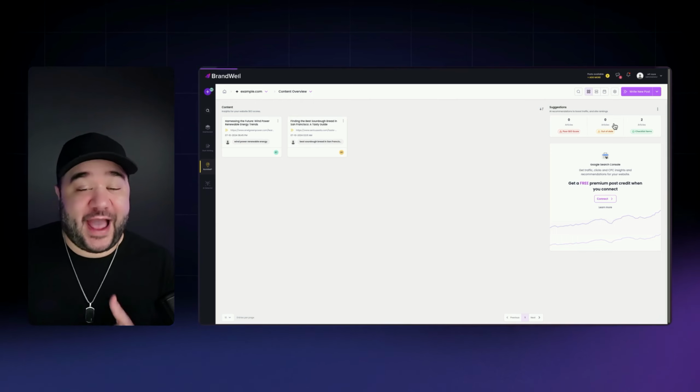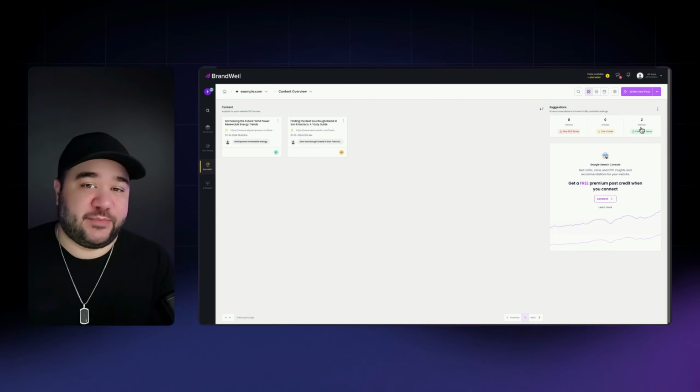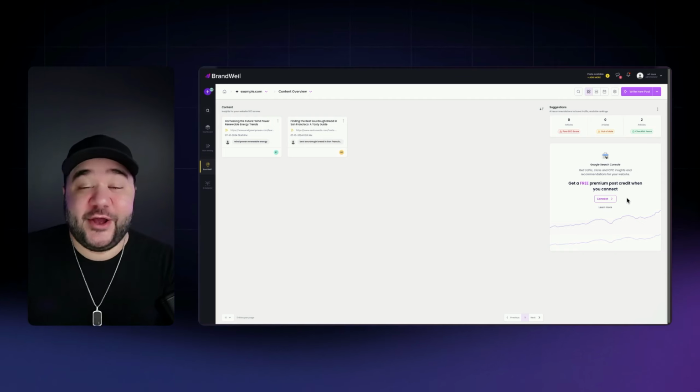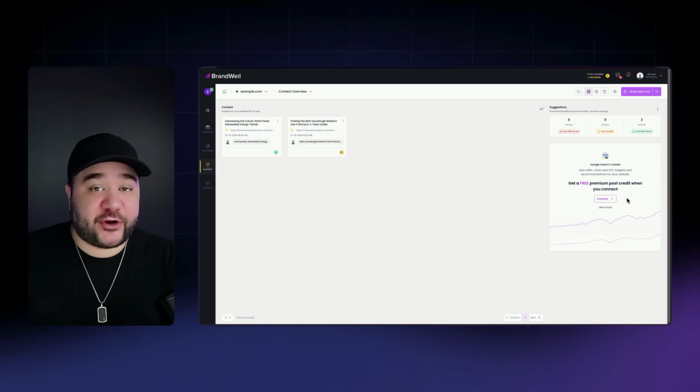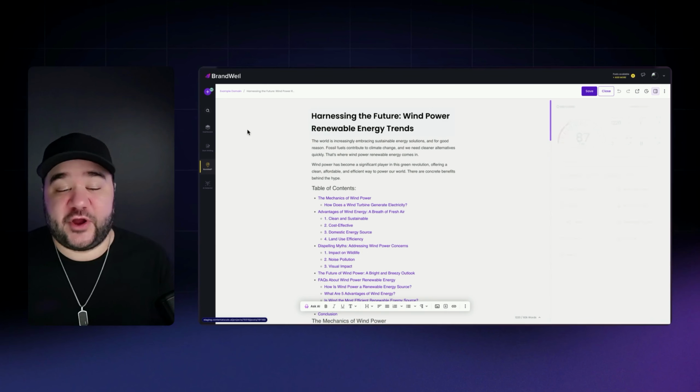It has articles that are out of date, may need new, fresh information, and we have articles with checklist items that need completion. Right below that, we have a section that allows you to connect this project to Google Search Console, which will allow us to give you more in-depth insights about how your content's performing and what you can do better. So if we go back over here to the content, we can actually click on the article itself,